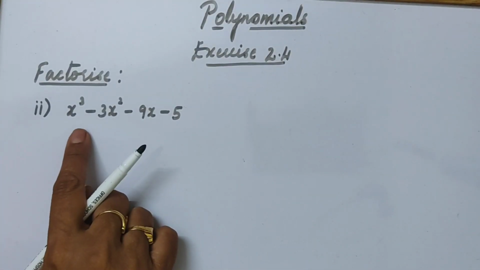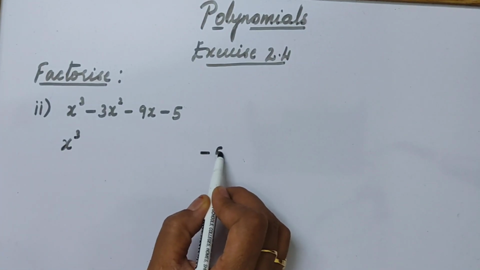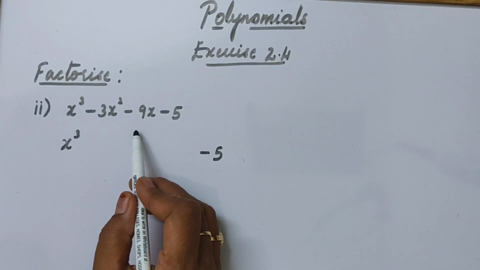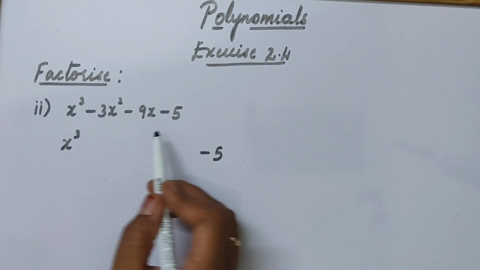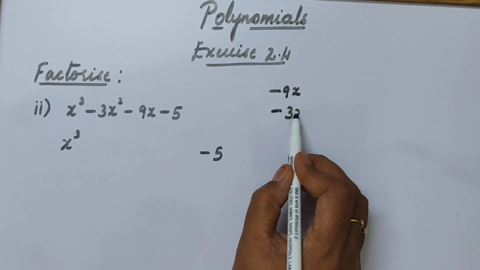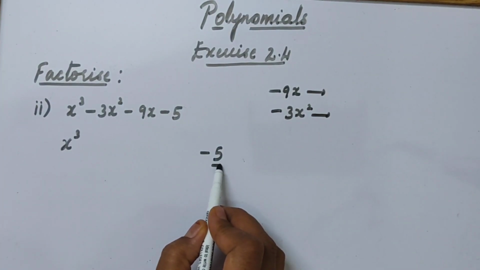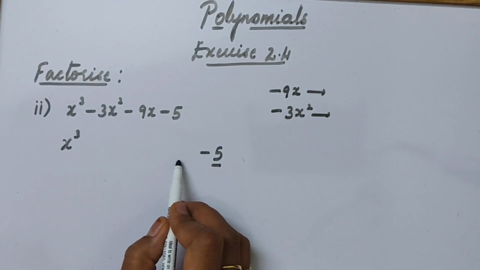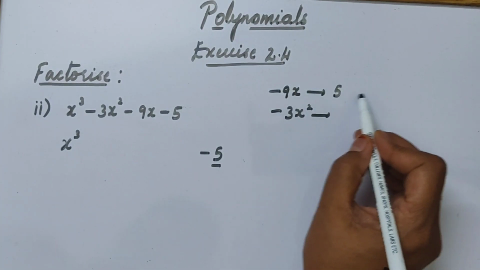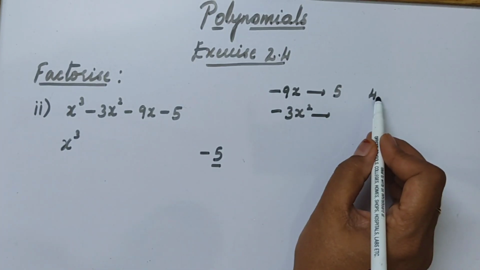Now here, as you can see, first and last term we keep as it is. We will not disturb first and last term. Okay, students, now I want minus 9x. That is, we are going to split this term. We are going to split minus 9x and we are going to split minus 3x square as well. Now you can see I have got 5, so I have to get the terms in 5. How do we get 9? 5 plus 4. Right, we have two numbers, 5 and 4.